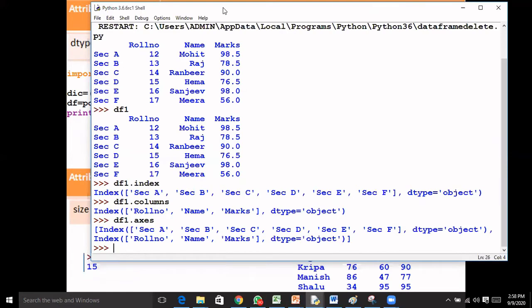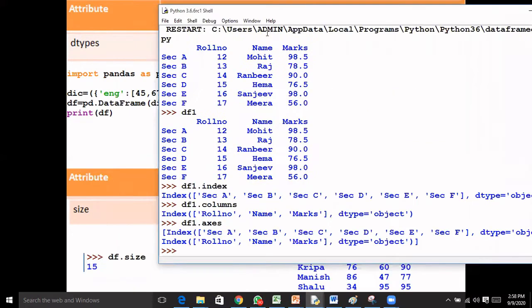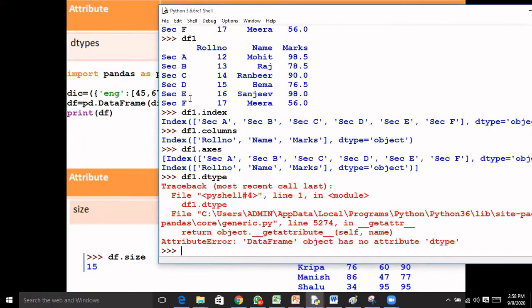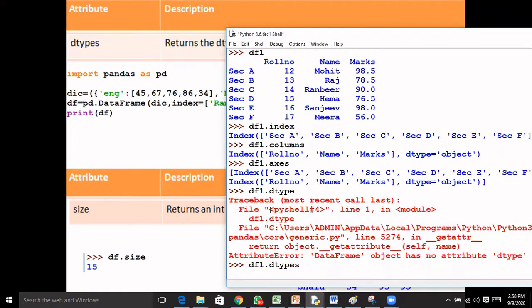Now the next is dtypes. What is dtypes? It will return the dtype of data in the data frame object, meaning which type of data is there in each column. Let us check the dtypes over here. df1 dot dtypes, sorry, it is dtypes actually, not dtype only.